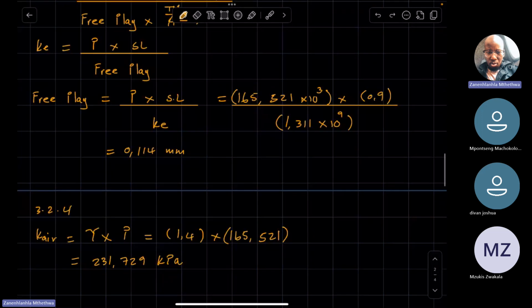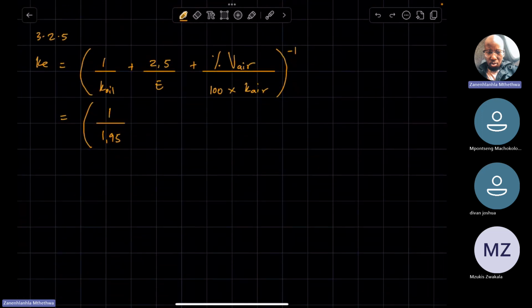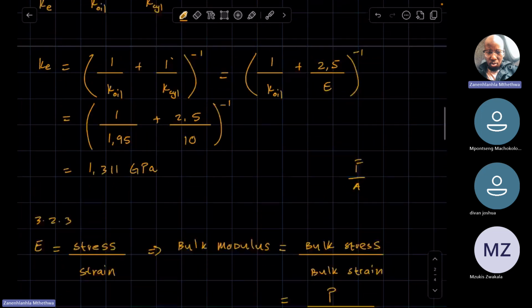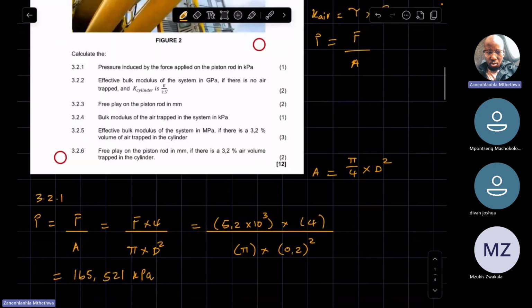So let us convert everything to pascals. So here you will have times 10 to the 9 plus 2,5 divided by the 10 gigapascals. So 10 times 10 to the 9 plus, and then the volume of air trapped is